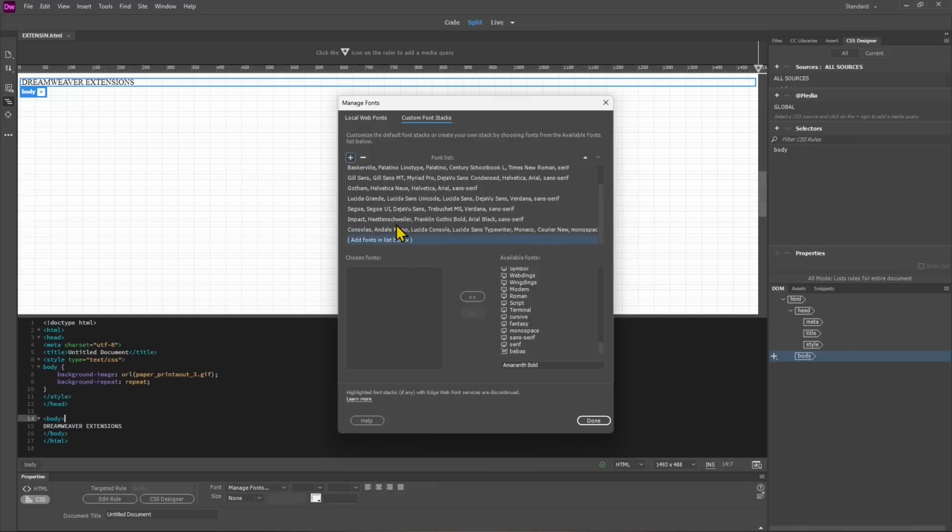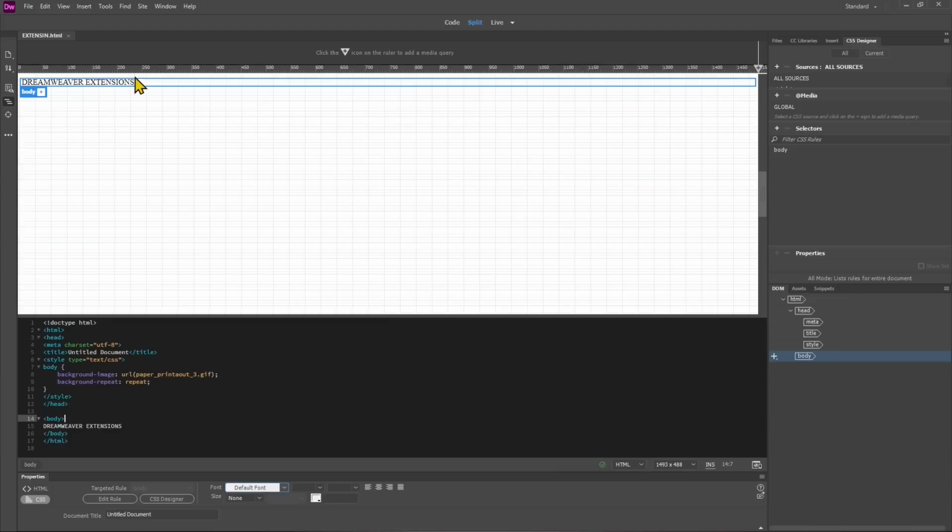set of fonts. So if I want to add another one, I need to first define which fonts I want to use. So if I go here, I can look for new fonts or new recently installed fonts. If I type the name, I can reach directly the font that I just installed, and then I can bring it in here in the chosen fonts, and then I click on the plus to create a new option. So when I'm ready, I will say done, and then I go here and I have the one I just